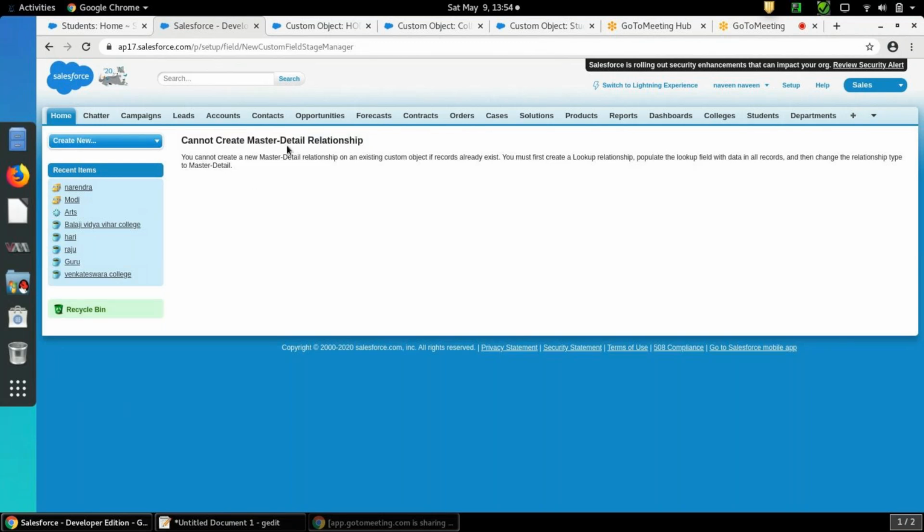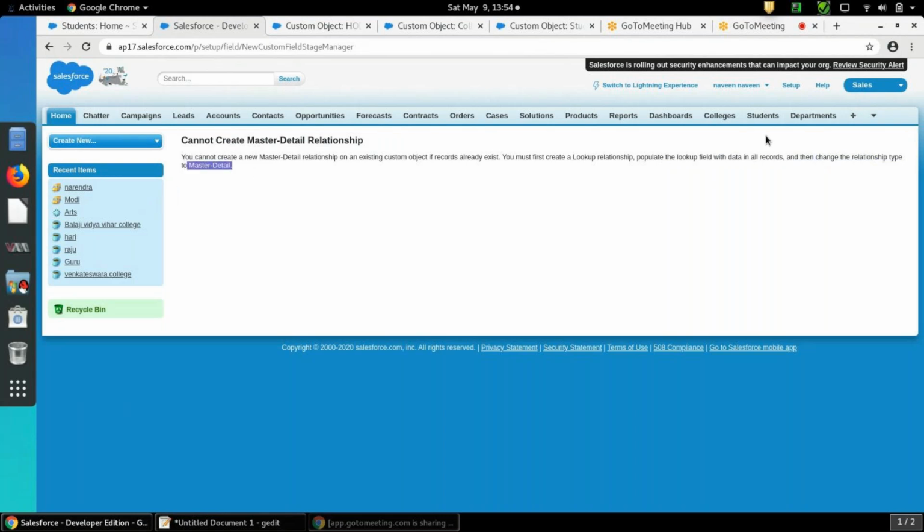Why? On an existing custom object, if records already exist, first you must create a lookup relationship, populate the lookup field with the data in all the records, then change the relationship type to master detail.